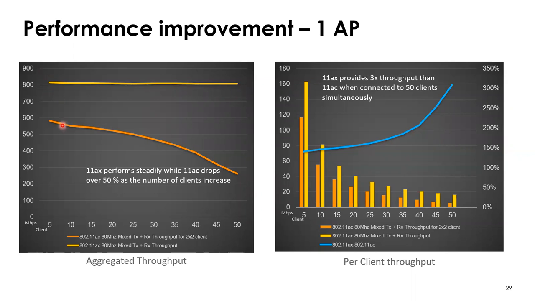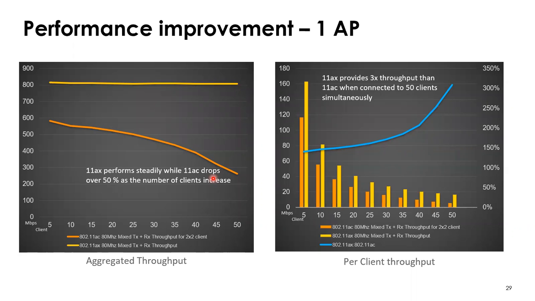So what happens with 11AC and anything before that is, as you add more and more clients to the access point, the maximum aggregated throughput through that access point actually drops. And the reason it drops is because before Wi-Fi 6, airtime wasn't handled that way. As I mentioned before, we've now got OFDMA. We now have, with Wi-Fi 6, both upstream and downstream MIMO. So you can have multiple clients using different chunks of spectrum talking back to the access point, which wasn't available